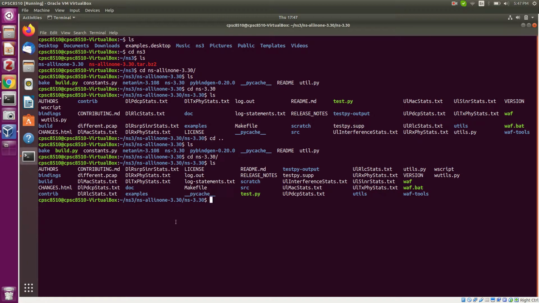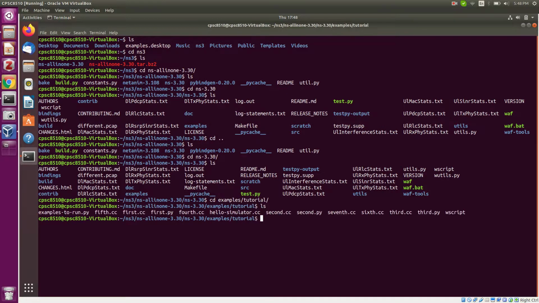So there's a whole bunch of stuff in this. The first thing you would want to look at, where the examples are to see how NS3 works, is to go into examples, tutorial. There's a list of files in here, everything with the .cc that talks about the code that goes in simple simulations. So like